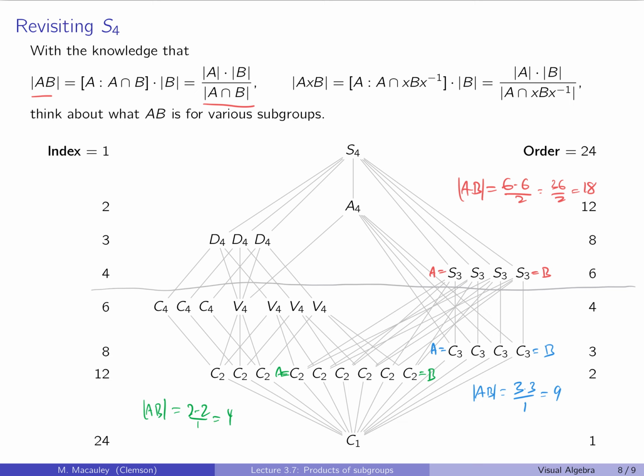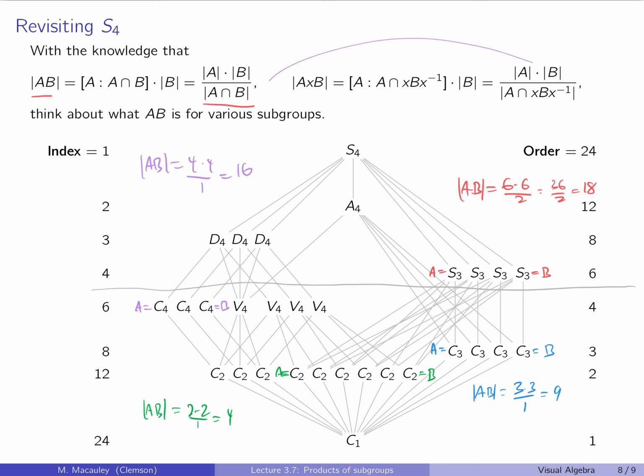Let's do one more of these, though I don't know how much it adds. If we let A and B be two different C4s, then the size of AB is 4 times 4, and then they intersect trivially, divided by 1, which is order 16. So this is a double coset of size 16. And then, let's see, what are the sizes of the other double cosets? Well, we know that the other double cosets are going to